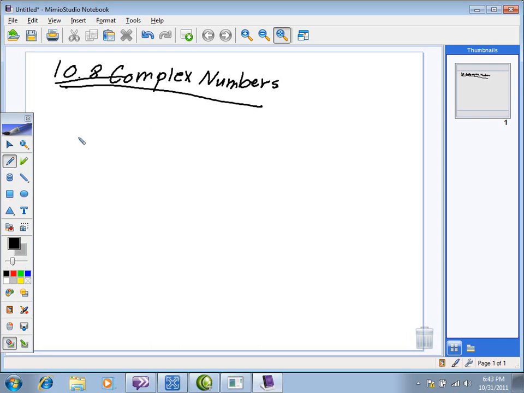The idea is that in real life, we sometimes are faced with the situation of the square root of a negative number, right? We just discussed this. The square root of negative 1, what we say instead of stopping and saying no solution is we say, okay, that's i, where i stands for some imaginary number. Okay? So in other words,